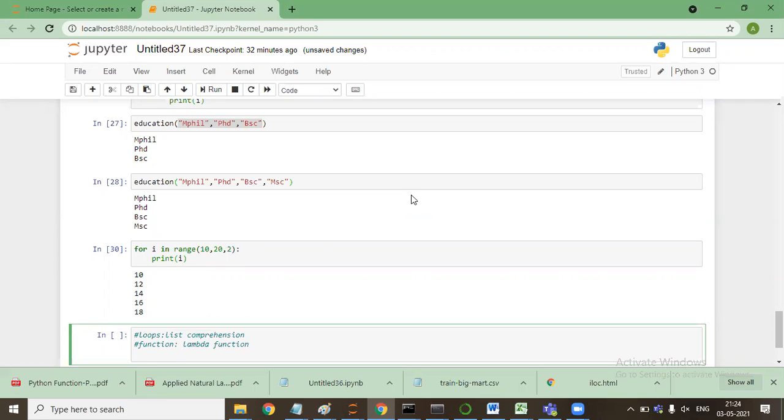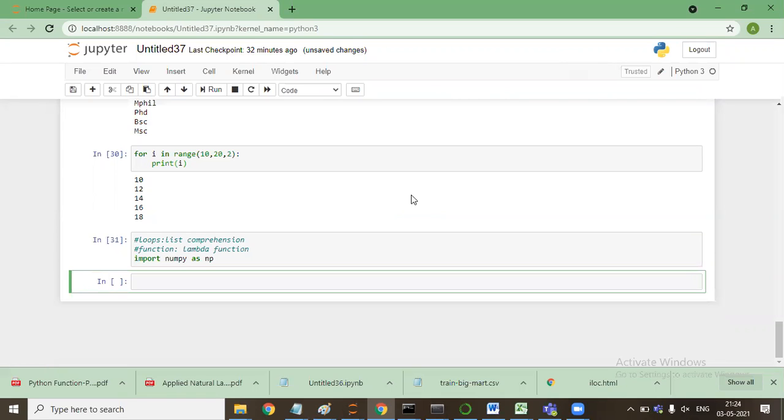Let me import NumPy as np. So I have NumPy with me, and the alias name of NumPy is np. I'll say np.array, 1, 2, 3, 4.